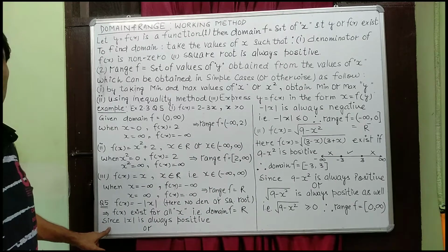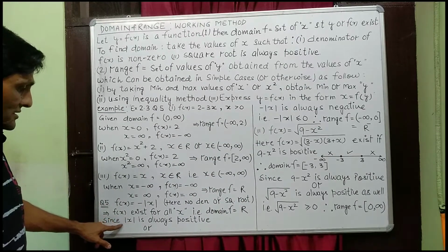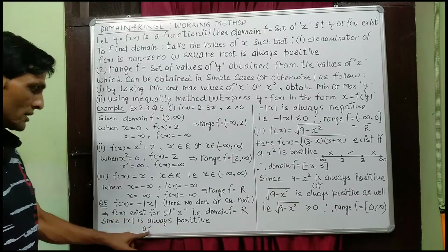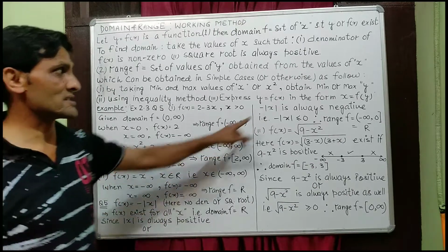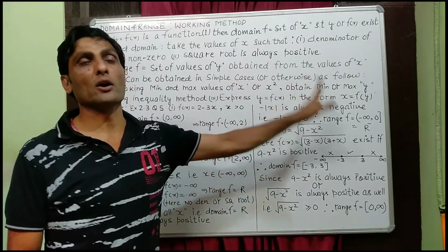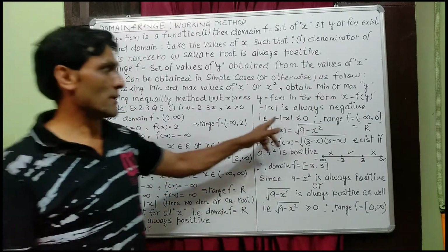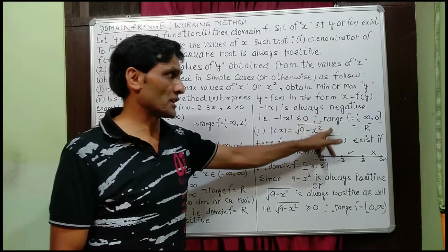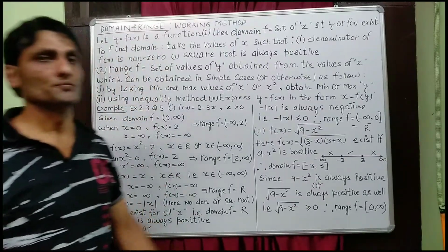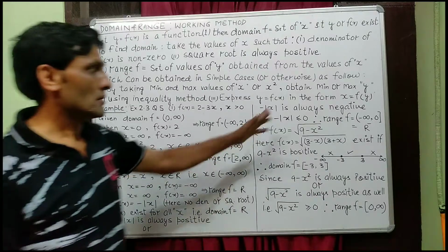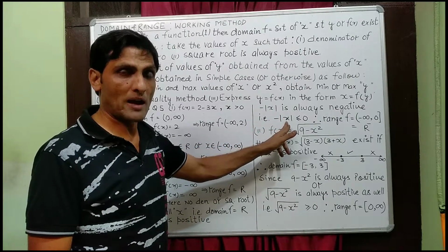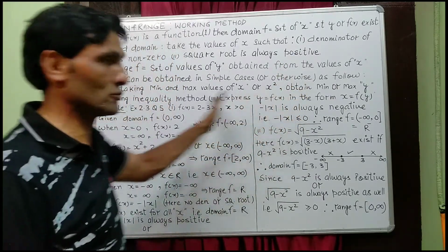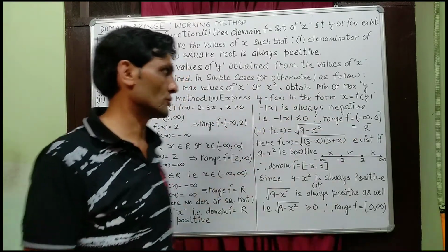Right? Now, to find the range, you know very well that this is modulus x. Modulus x means the absolute value of x. Modulus x is always positive. If you multiply this by a negative sign, that is minus of modulus x, it will always be negative. Simply you can write here minus of modulus x is always less than or equal to 0. So the range will be minus infinity to 0. Right? See this? Minus of modulus x is always less than or equal to 0. That is, the value of minus modulus x will be 0 or to the left of 0. That is minus infinity to 0.